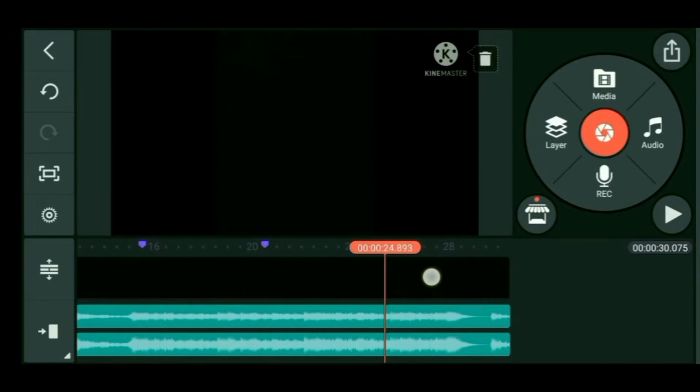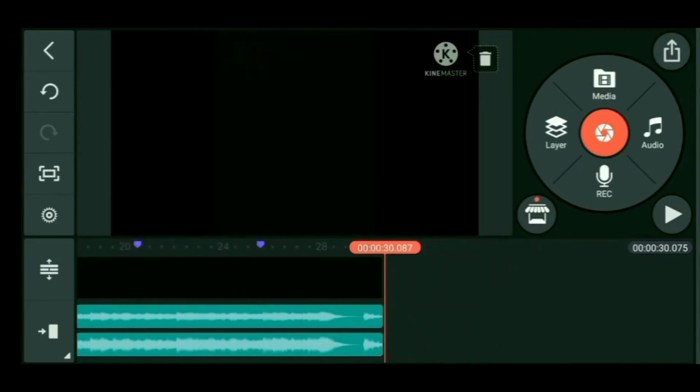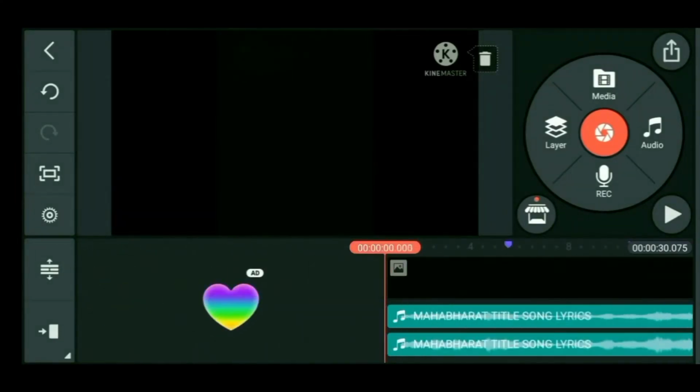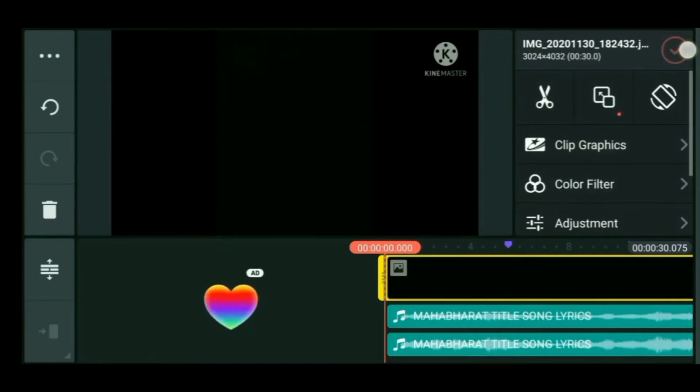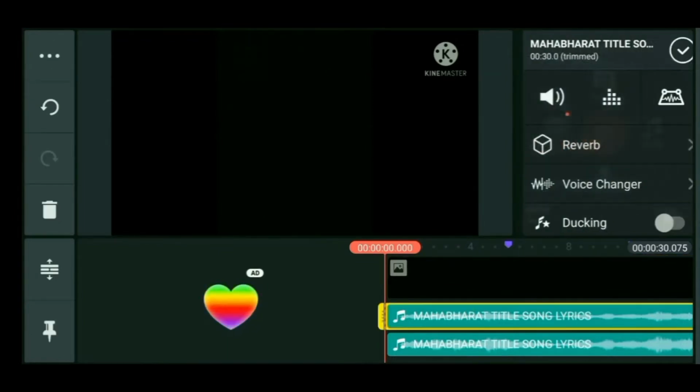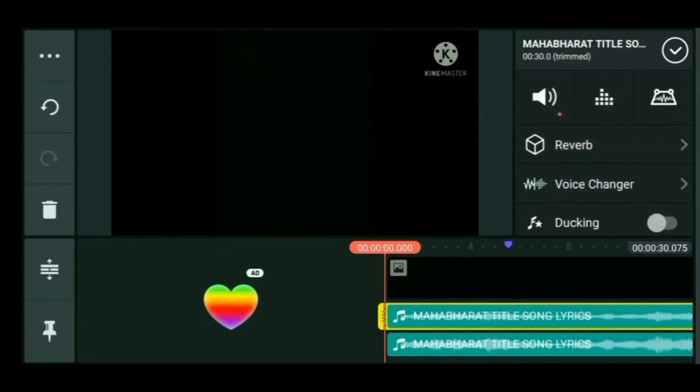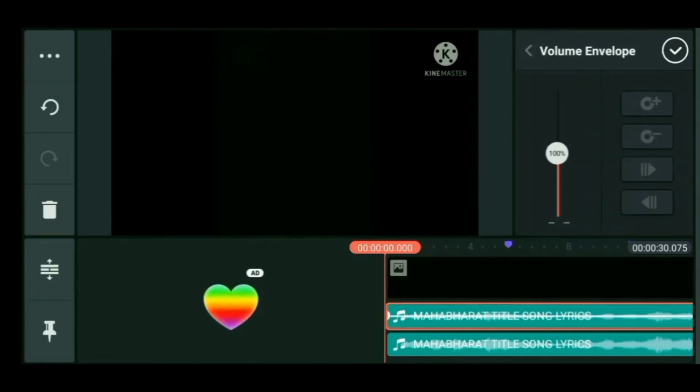For every 5 seconds you have to mark. No need to mark at the beginning, at 0 seconds. After marking, you have to go to the first audio and the third option over here, this one.